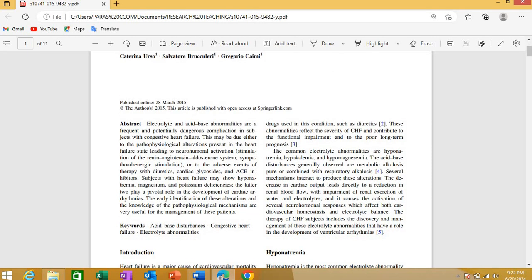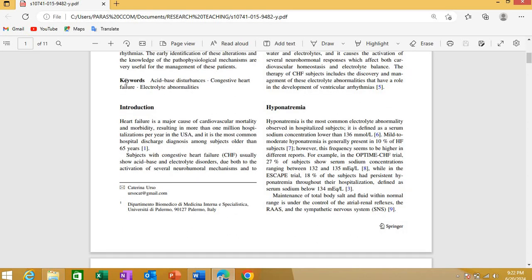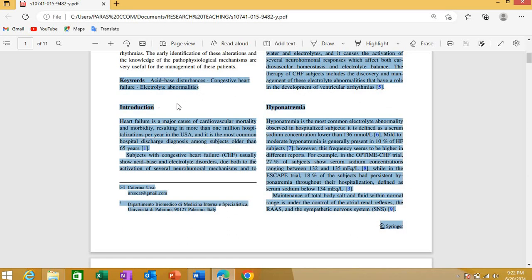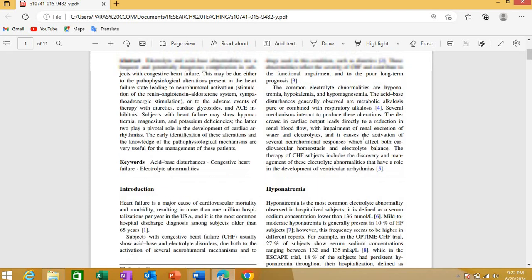First thing is the abstract. Obviously, every research has an abstract, so I'm not going to go through it. You must know what an abstract is: it's just a summary of the whole research process. Next is the introduction. As I gave you in that summary, here are your keywords. This is your introduction, the first thing they wrote in this review. And just after writing this introduction,